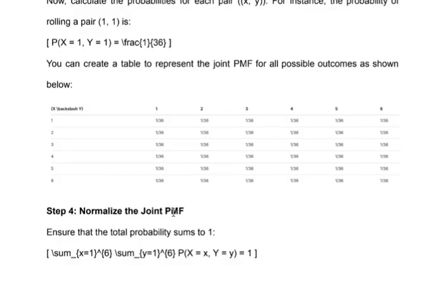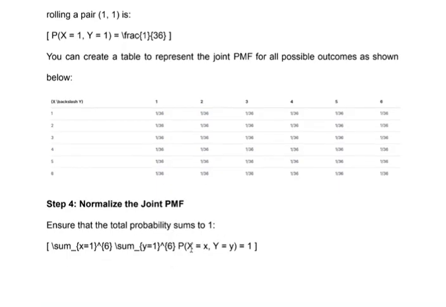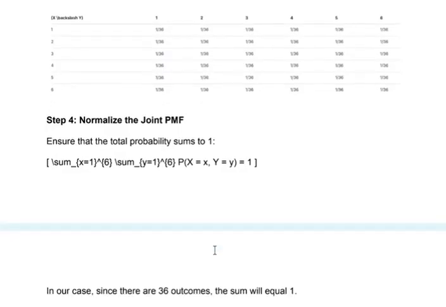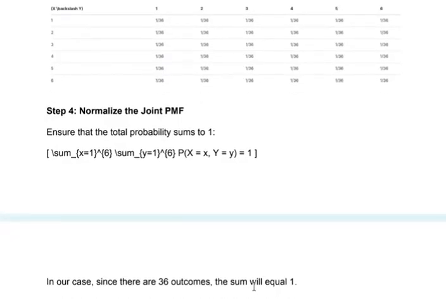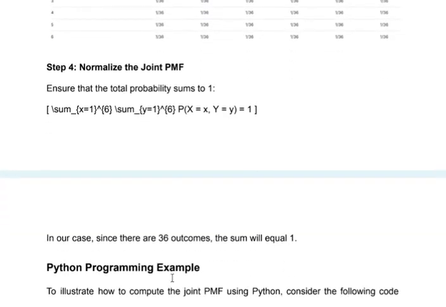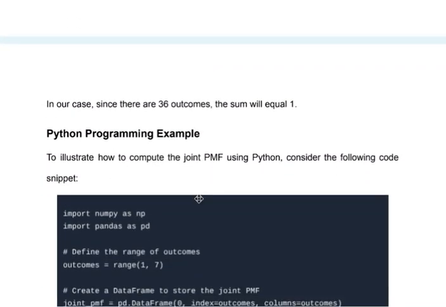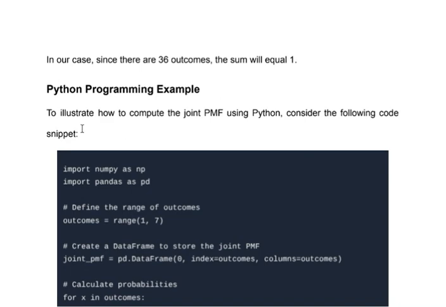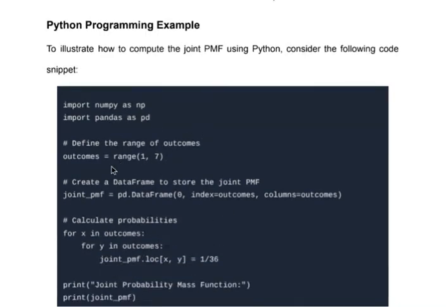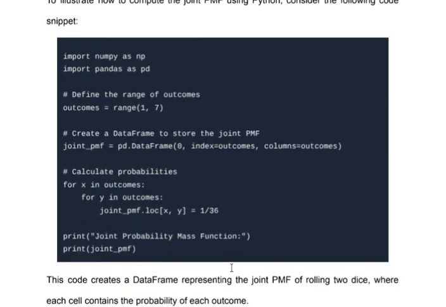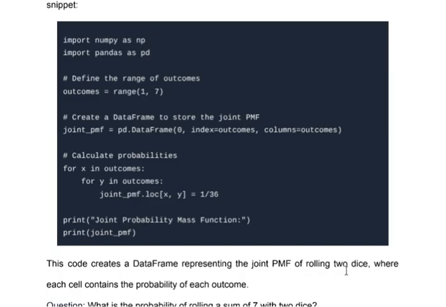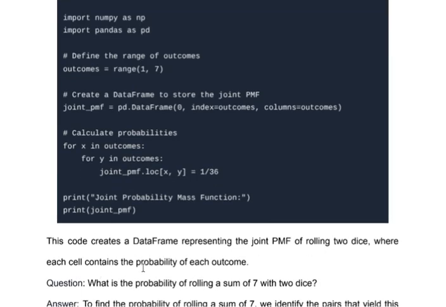Step 4. Normalize the joint PMF. Ensure that the total probability sums to 1. In this case it shall be as shown below. In our case, since there are 36 outcomes, the sum will equal 1. Python programming example. To illustrate how to compute the joint PMF using Python, consider the following code snippet. This code creates a data frame representing the joint PMF of rolling two dice, where each cell contains the probability